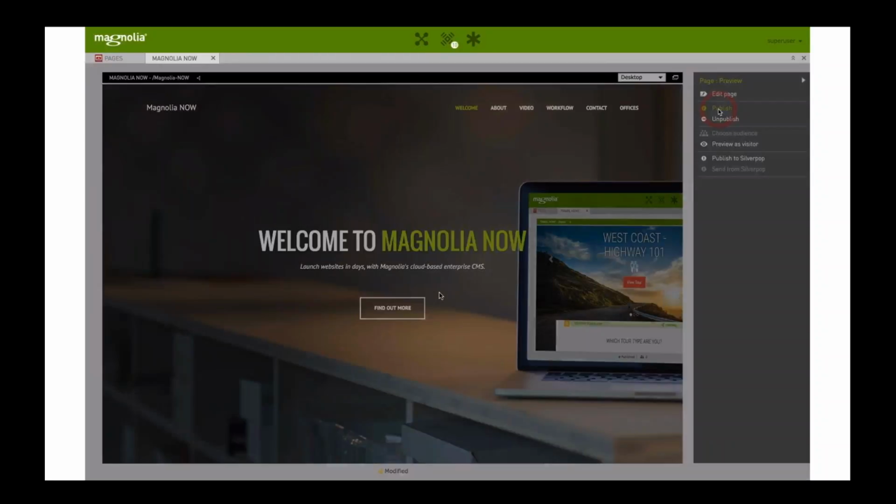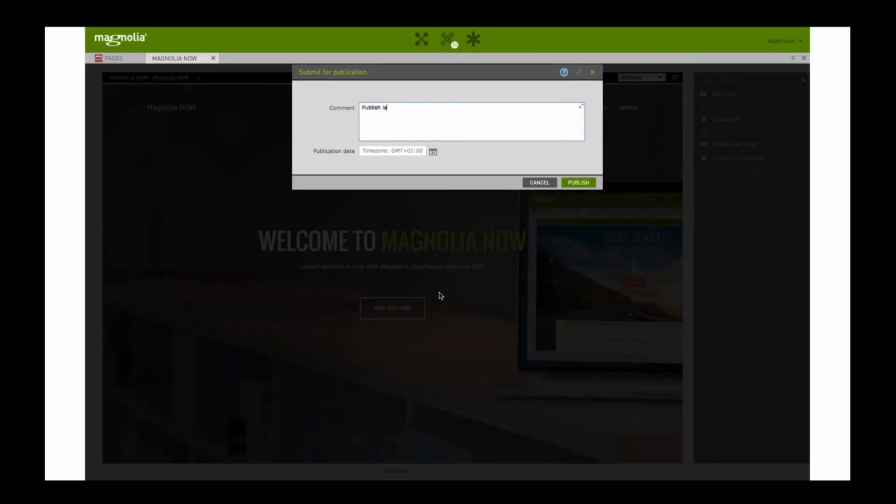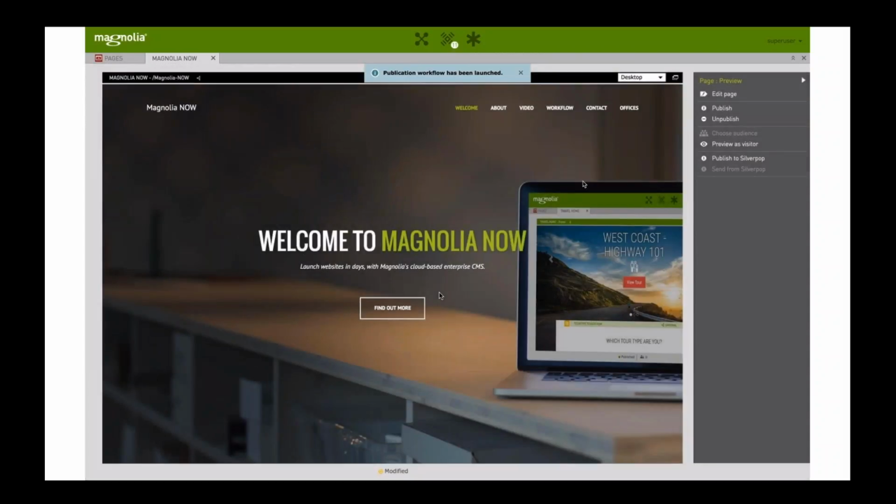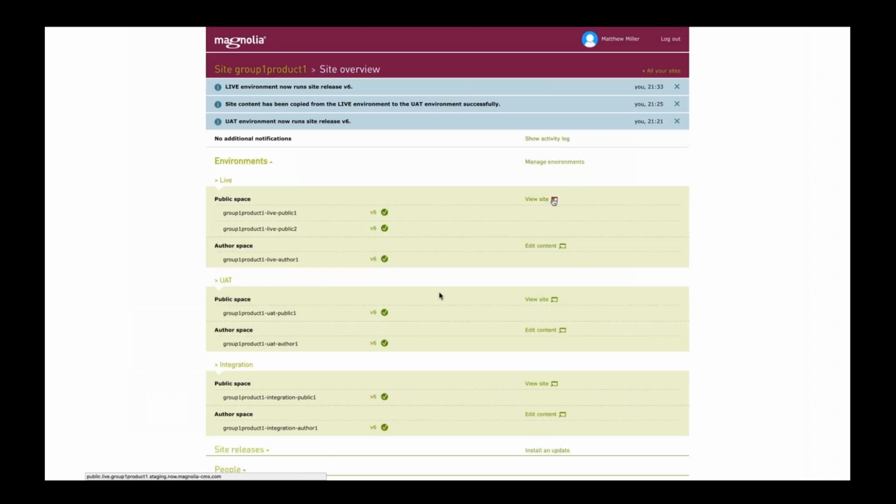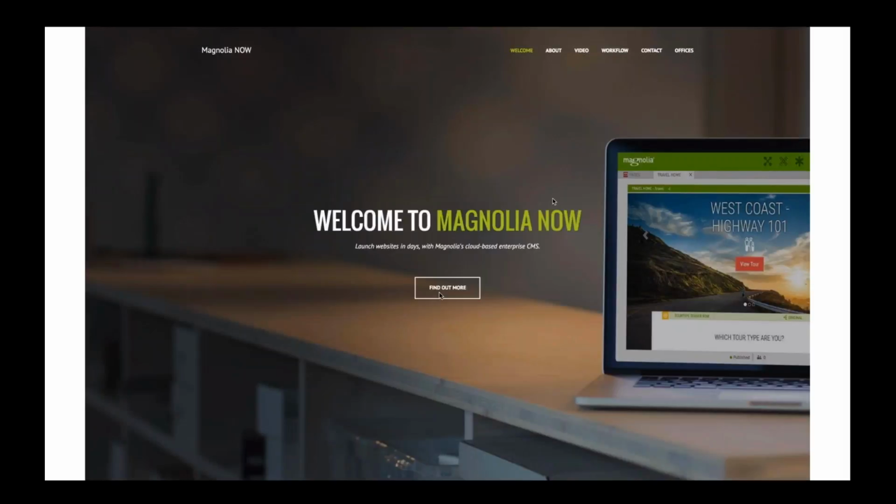So let's publish the page to the public instances. We can put a small publication message if needed. And let's publish it. So that's it, it's published. Now let's go back to the Cockpit and open the website. And here it is. We have our description and our call to action button.